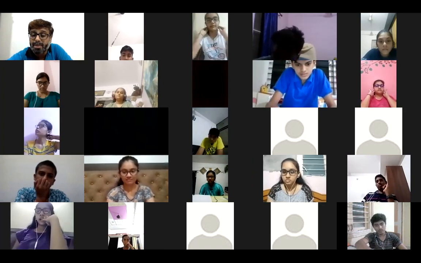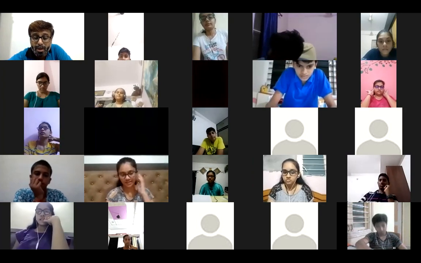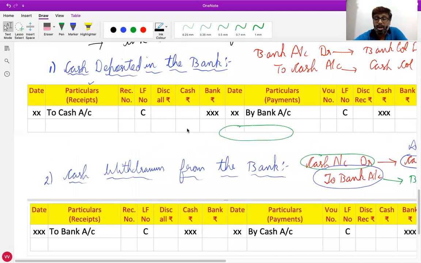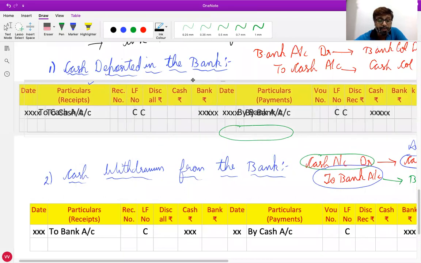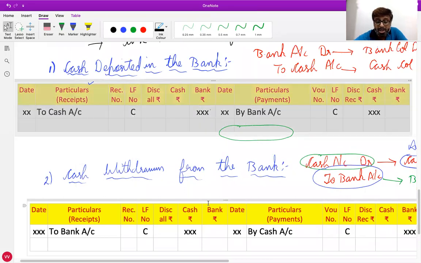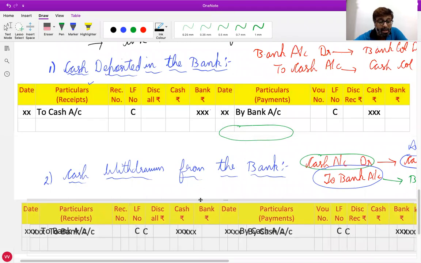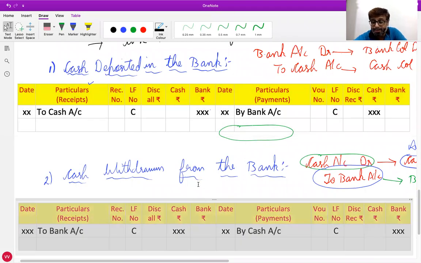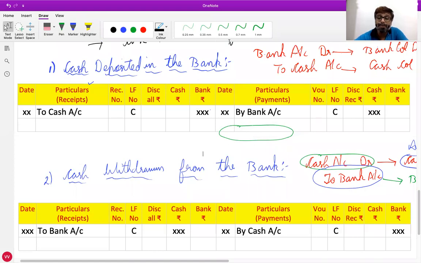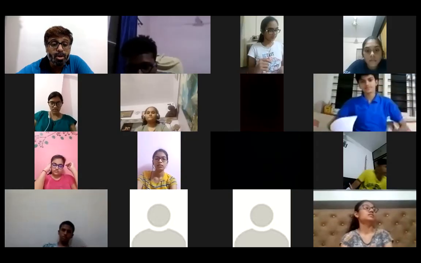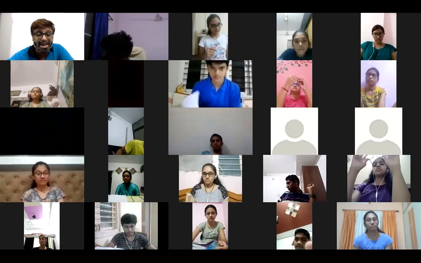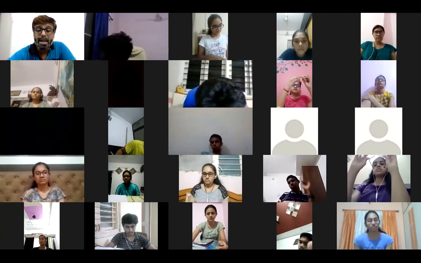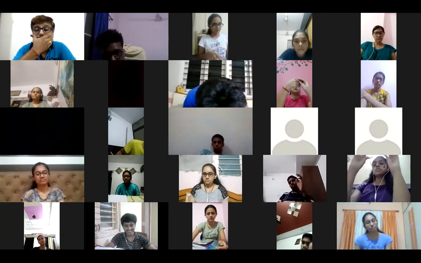Did you all understand this concept, everyone? Is this recording of contra entry clear to everyone? So shall I take up the shortcut now? Now, just remember that you record the first amount on the correct side. As discussed, what does bank account debit mean?